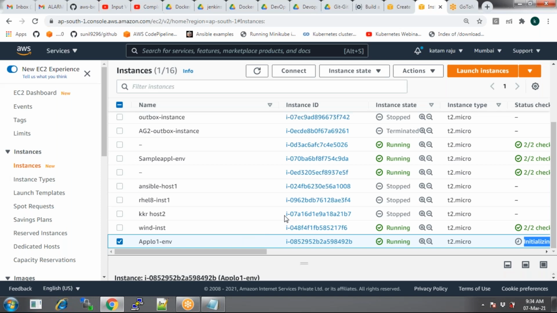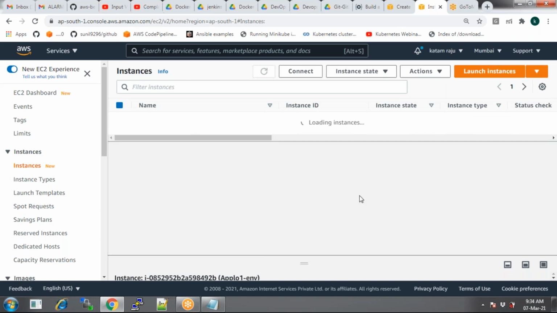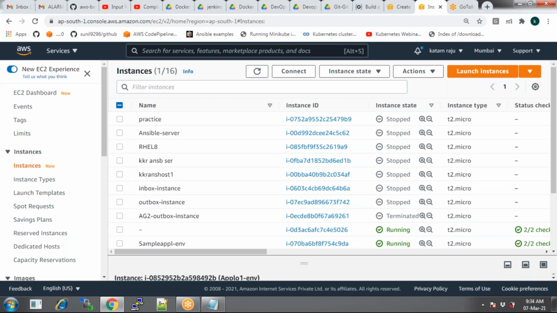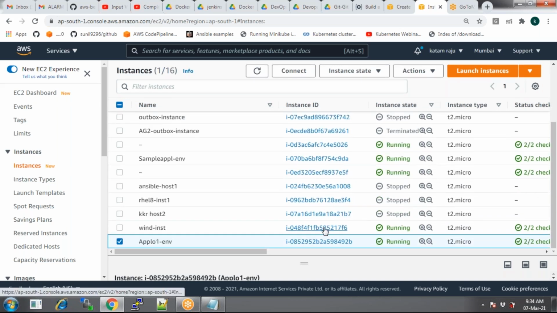Just imagine, especially for deployment purposes. I'm doing a deployment, I don't need to worry about auto scaling. I just launch a Beanstalk instance, I deploy it, and the rest of the things will be taken care of by AWS. So that's the advantage of Beanstalk. One second, just let it be launched. But Beanstalk is also a paid service, so this is not for free. Now, you might be having a question, right?